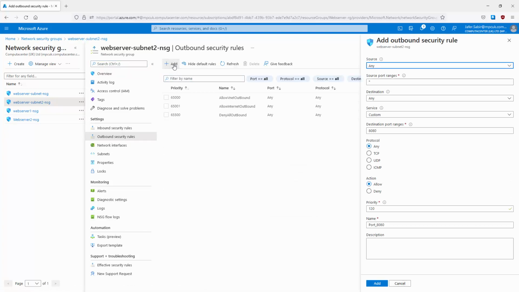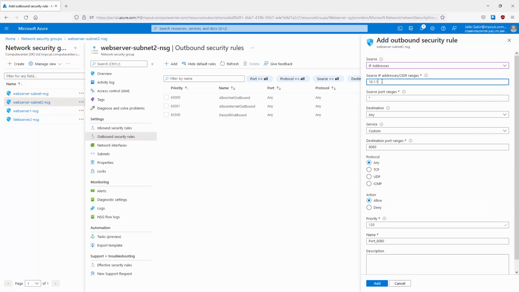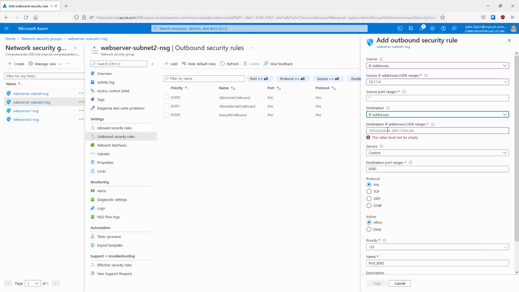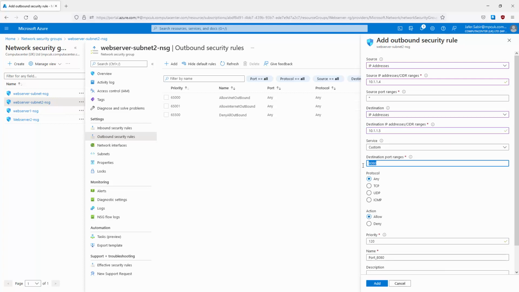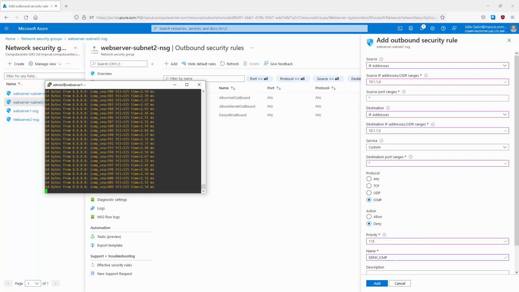let's click add here. So the source address will be IP address of 10.1.1.4 and destination will be 10.1.1.5. Let's just put a star for the port range, and let's click ICMP for protocol, and let's click on deny. Let's call this deny underscore ICMP. Sorry, that's the priority. Let's go with 115 for the priority, and let's give it a name of deny underscore ICMP. And before I click add, let's go back to the web server sessions,